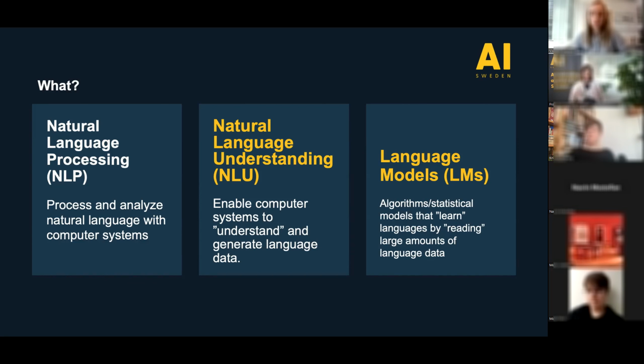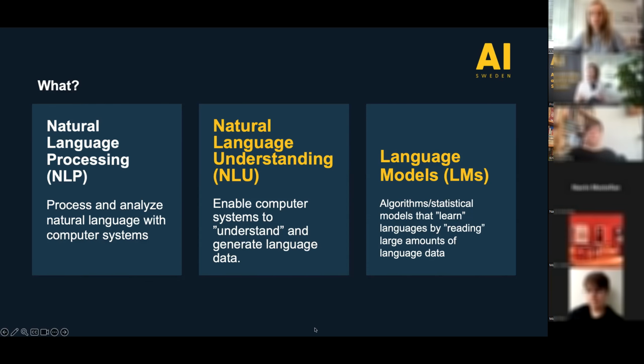Within these fields, we work with something called language models. I will go into more detail on what these language models are and what they do, but very simplified, one can say language models are algorithms or statistical models that learn language by being exposed to large amounts of text or speech data.